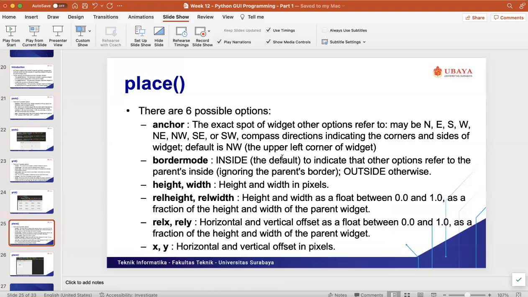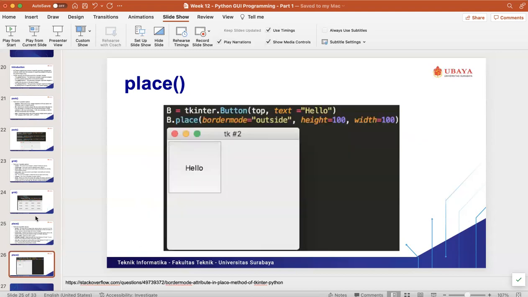So the default position is northwest, the upper left corner. Okay, Kathleen, we need to skip this first, because I forgot about this one.